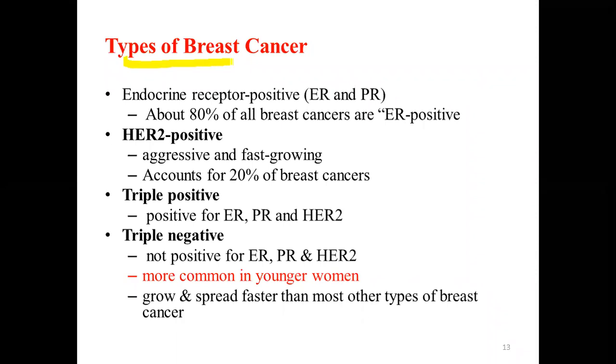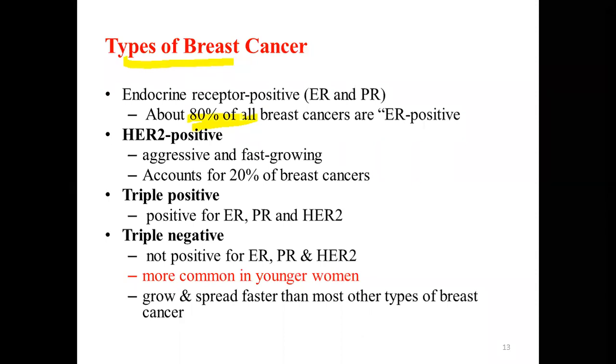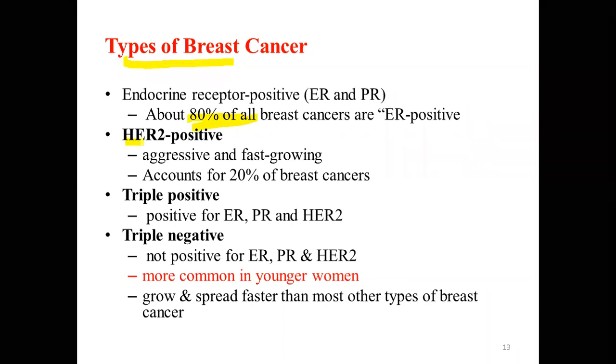So a patient can be ER or PR positive, which accounts for the majority of the cases. That is why females are high risk. Because the majority of cases are hormone receptor positive, it is mainly due to the hormones that cause the risk of breast cancer. Some can be HER2 positive, where HER stands for human epidermal growth factor receptor 2.